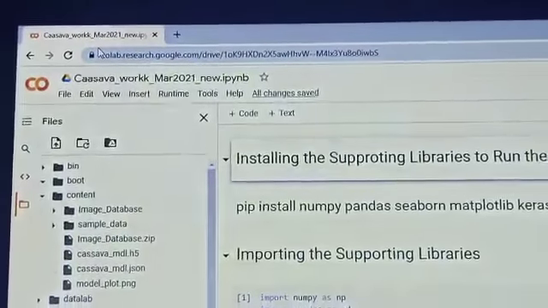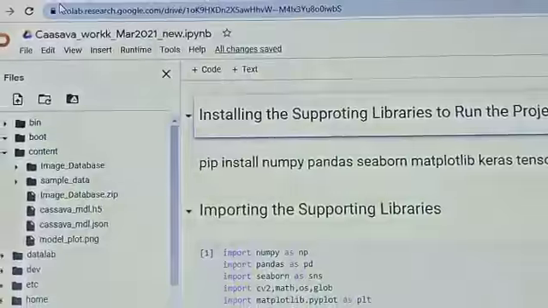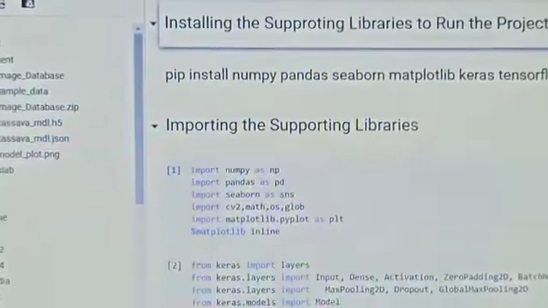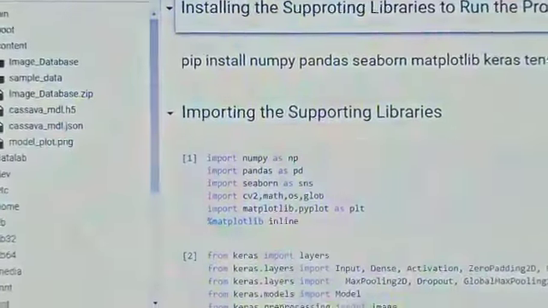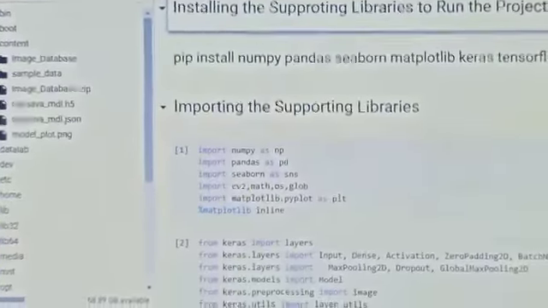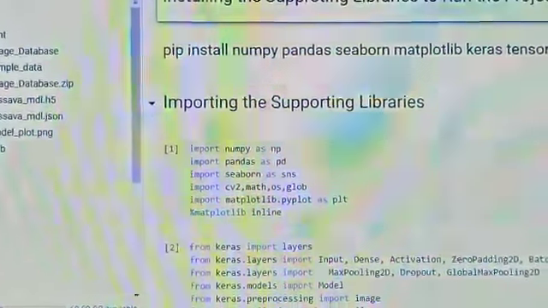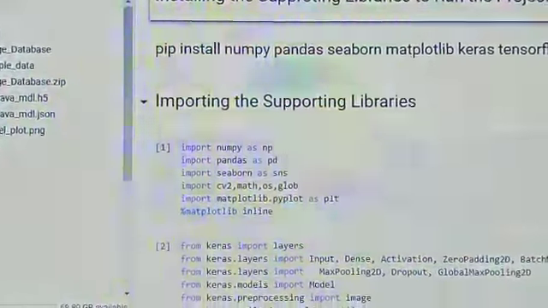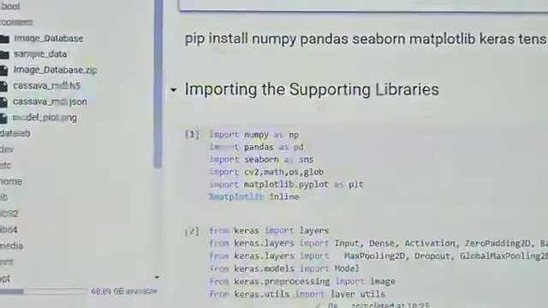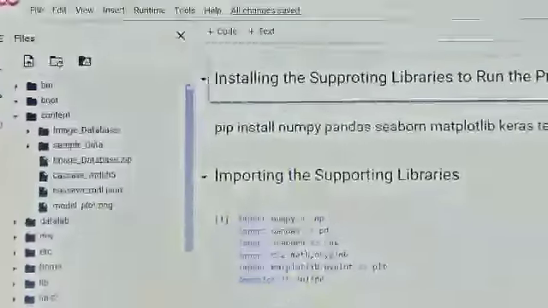In Google Colab we use this project and we can run the code. These are our supporting libraries. First of all we have to import some of the libraries as functions: Enum, NumPy, pandas, and CV2. We have to first insert some of the functions, and then